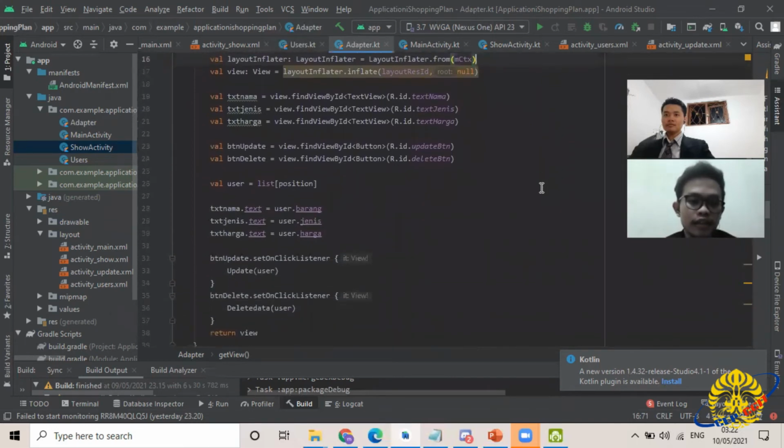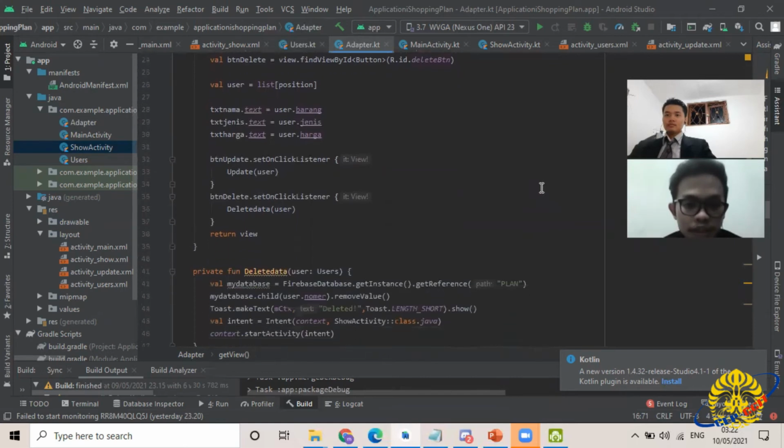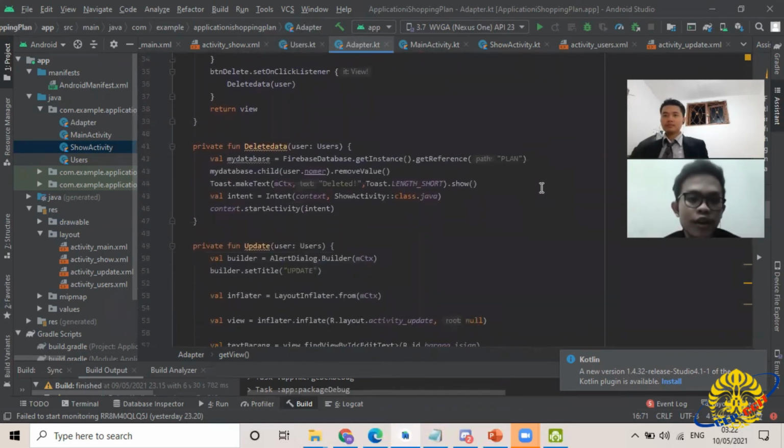btnDelete.setOnClickListener. We have deleteDataUser. Okay, this is a method deleteDataUser. We create a database instance and reference to the plan, and then the child is number.